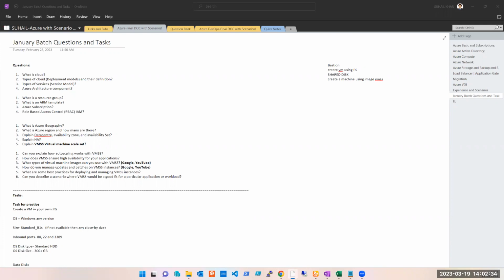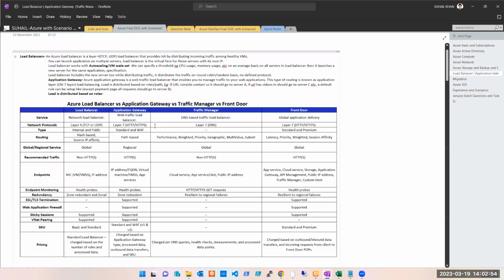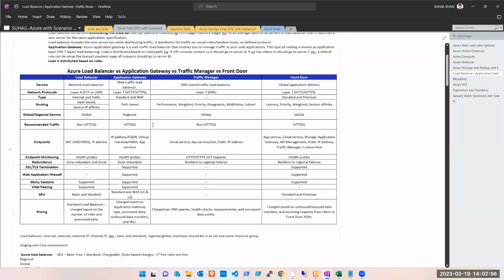Right? Types of load balancer in Azure, I hope that is clear. The interview questions which might come on load balancer, I hope that is clear. And how to read the differences and how to read that table, the one which I showed you. Let me put it again on the screen. Just give me a minute here. This one. So how to read this table? What are the SKUs? What is the difference between those SKUs? Those were the expected outcomes of yesterday's session.